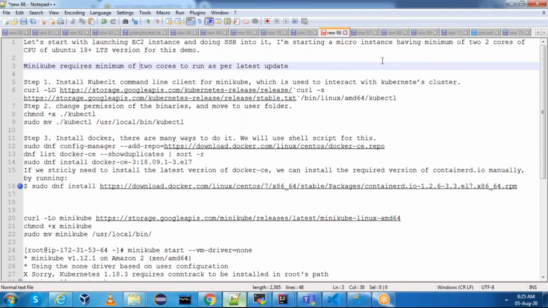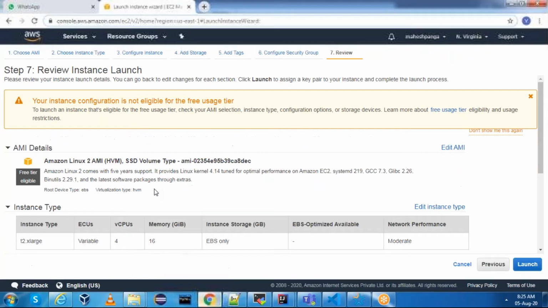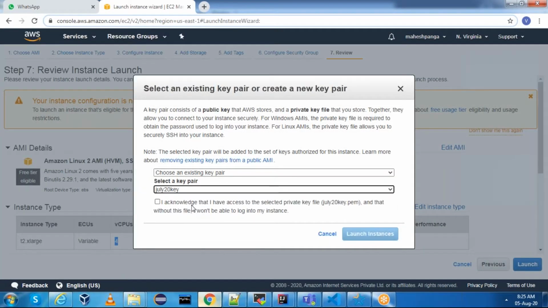You can take a minimum of 2 cores also. But I'm taking 4 CPUs and 16 GB memory so that if I want, I can run multiple applications as well. Launch. This is my key pair.